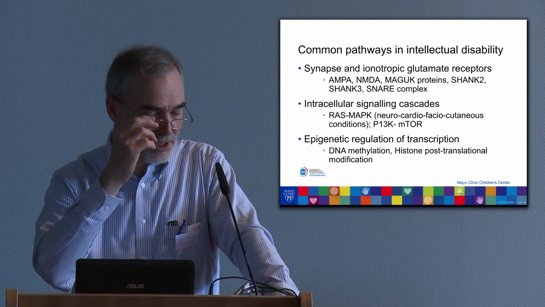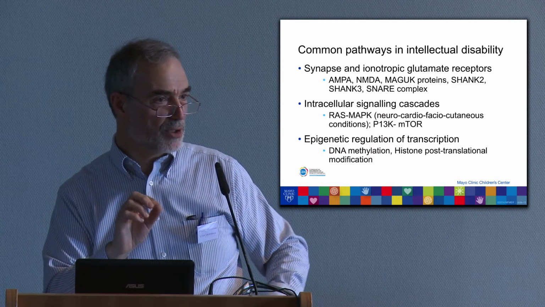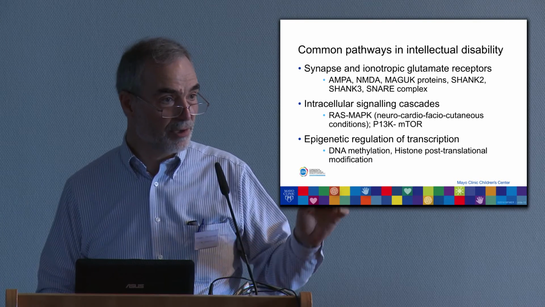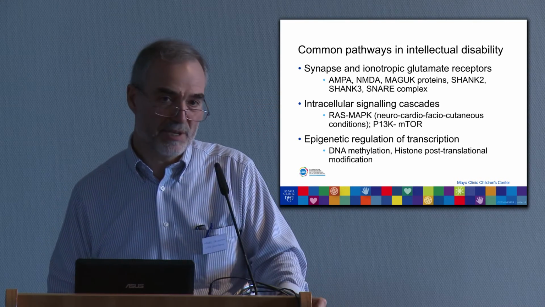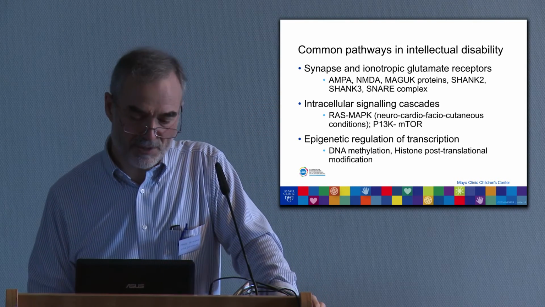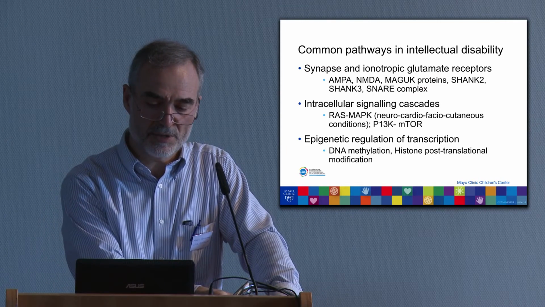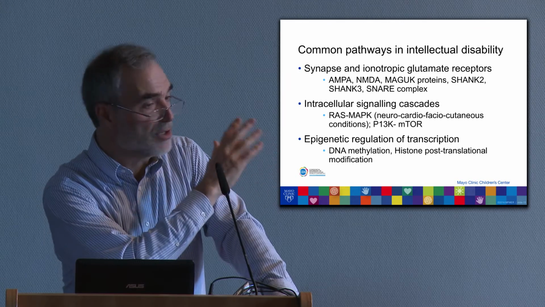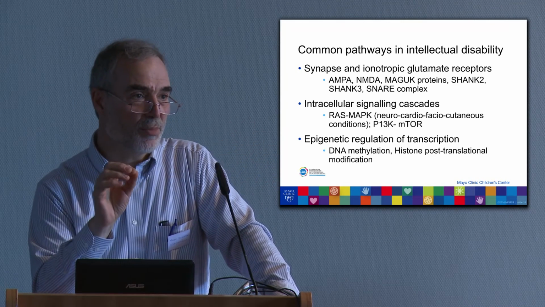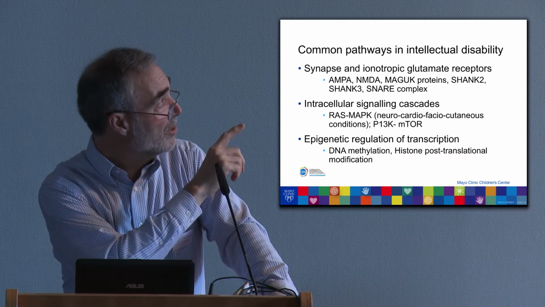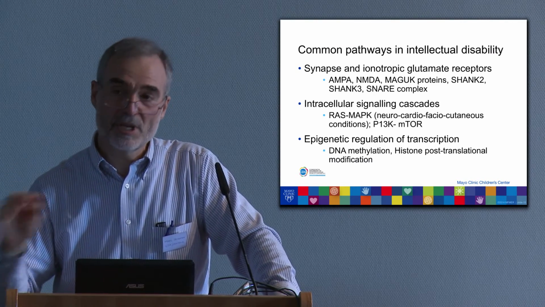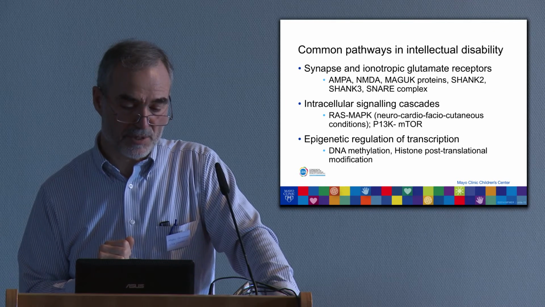The first is in the synapses. These are the gaps between nerve cells where the information is conveyed not by electrical impulses but by chemical transmitters. And there are at least 50 of these. The number keeps increasing as we understand better. So again, the details of these particular synapses and neurotransmitters and receptors are not important, except to say we know with all of those that I've listed, mutations can cause intellectual disability with or without any other symptoms.